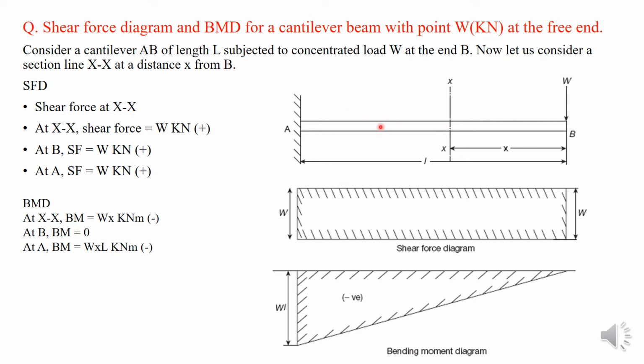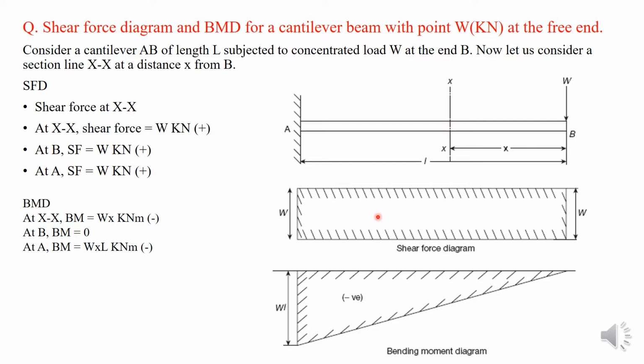So here you can see there are no loads acting in between A and B. So the variation will be a horizontal line. That means the value of W will remain the same at point B and point A. Okay, so the shear force diagram will be like this, a rectangle. So mark the baseline, mark the ordinates, then join the ordinates, mark the values of shear force at A and B, and then shade the region and mark it as positive.